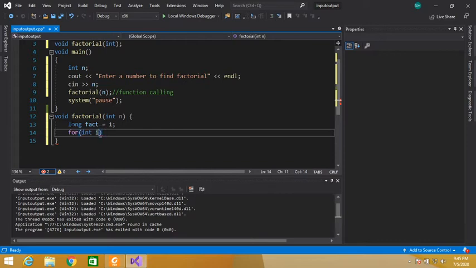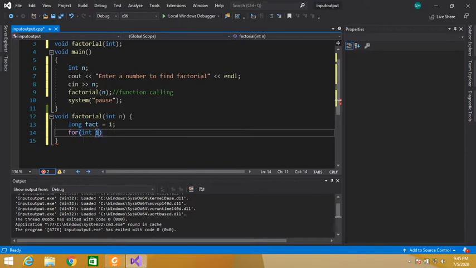What is factorial? We start from 1 and multiply till that number. For example, if we have to calculate the factorial of 3, we calculate 3 multiplied by 2, then multiplied by 1. So this is the factorial of 3.